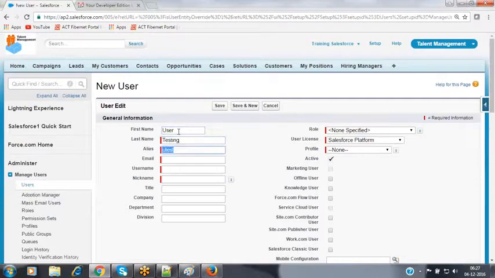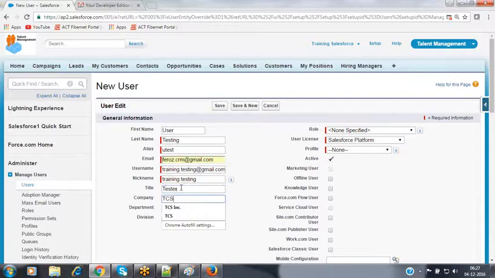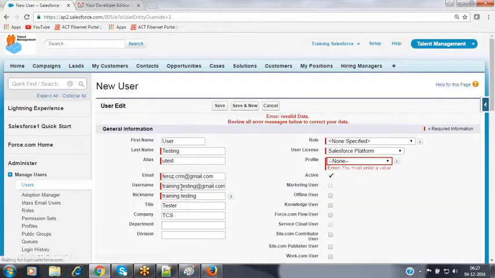User testing. Email ID, I'm giving my same email ID to get the account activation link, and specify the username as training testing user. The title is tester, company the same, and the department is QA department, and the division is also QA or IT.